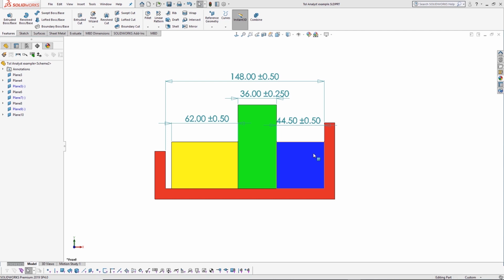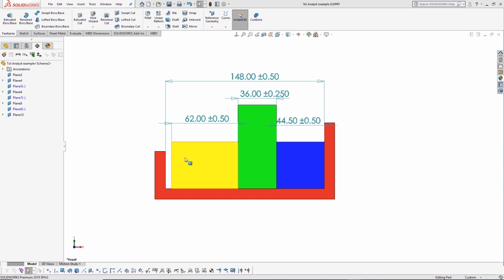It's quite a simple red box with 3 components sitting inside of it. Each component has got its nominal size, and then it's also got its tolerance. If each of these 3 components were at their maximum tolerance, they could be too large, and that would have a knock-on effect from component to component to component, and could cause these 3 components to not fit inside the housing inside this red box.